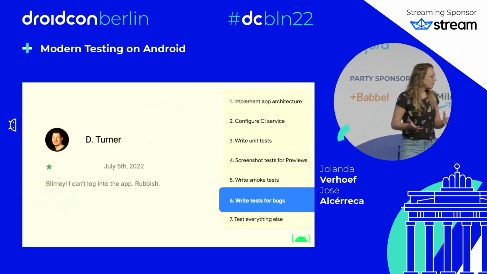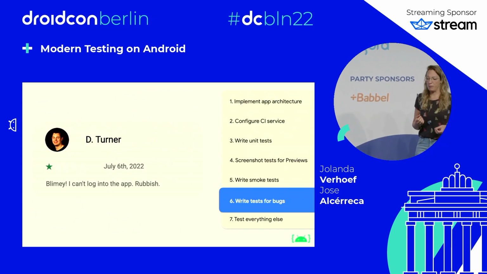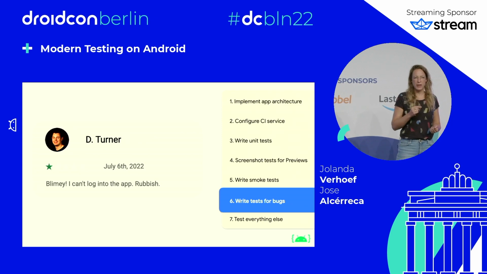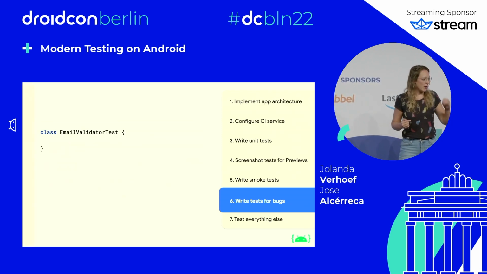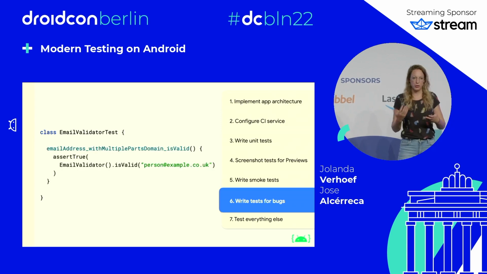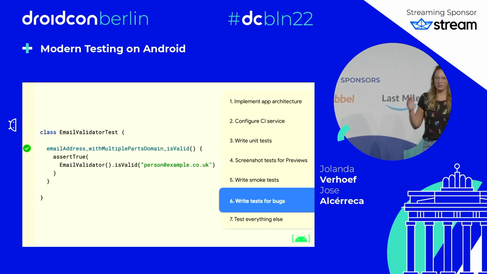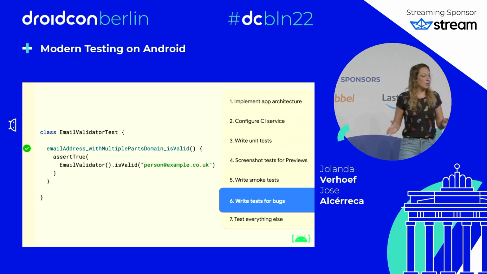The sixth step is to write tests for every bug that you find. So when in production we find a bug, before actually fixing that bug, we can write a test for that fix. So, for example, for a .co.uk scenario, we can write a test. Now, that test would fail because of our bug. So the first thing we do when it fails is fix our email validator, and our test runs, so we're protected from regression bugs. This can never break again. This is a common pattern, and it will help you to test those parts of your app that are most